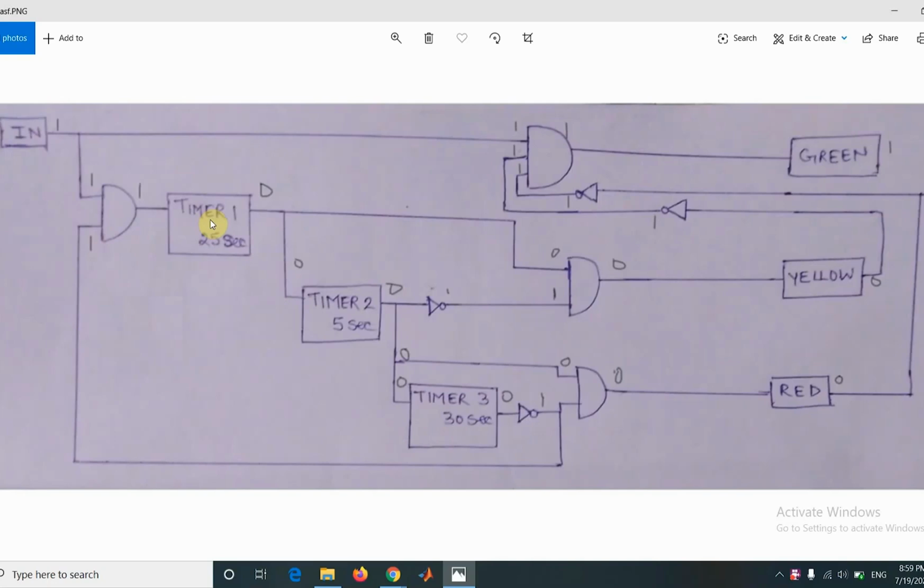And another thing to note here is that for the input we would be using a digital input block, and for the output we will be using digital output blocks in the simulator. But in the simulator we cannot take output from the digital output blocks, so instead of taking the connection for these two NOT gates from the output blocks, we would take the connection from the AND gates controlling the red and yellow lights respectively.